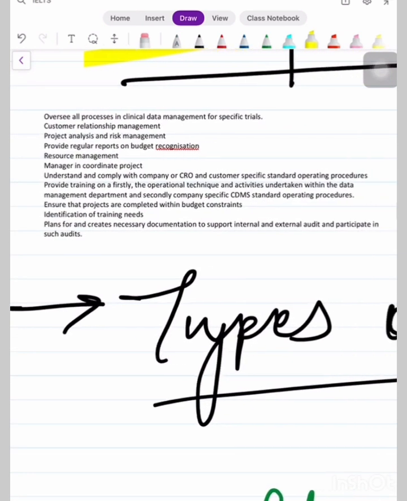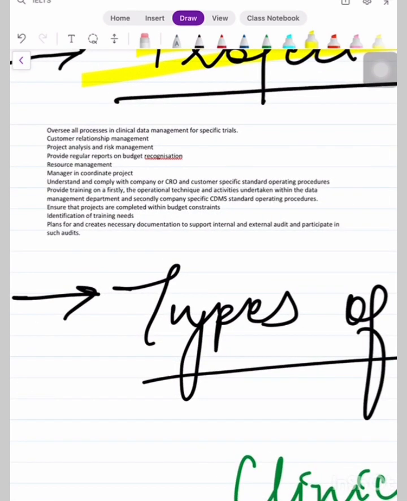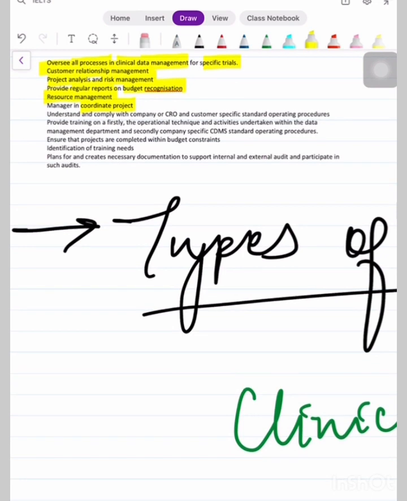What are the key responsibilities of project manager? Overall, oversee all processes in clinical data management for specific trials, customer relationship management, project analysis and risk management, provide regular reports on budget recognition, resource management, manager in coordination project, understand and comply with company or CRO and customer specific standard operating procedures, management departments, and secondly,